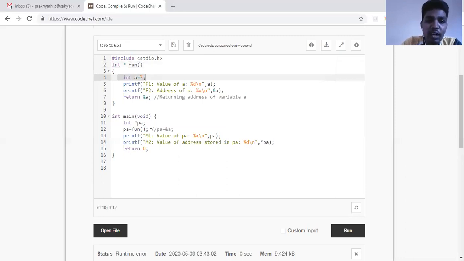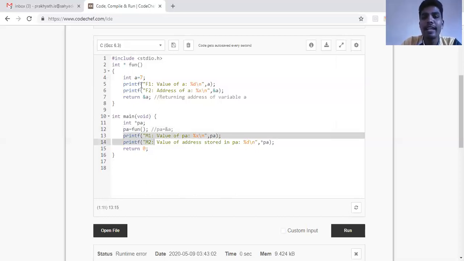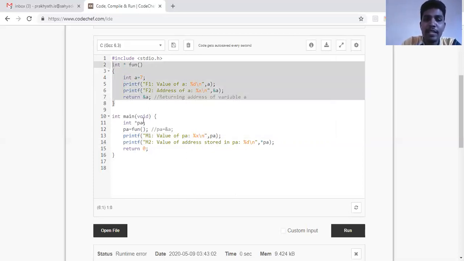Whenever we end the call of a function, so you can see here, I'm ending the call of the function. The next line, whatever variables were there in this particular function are inactive. They have expired. So the function goes out of the scope. So when the function goes out of the scope, automatically the stack is erased. So that's why it is not able to fetch PA and star PA.